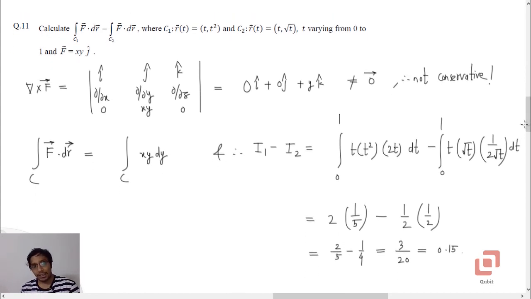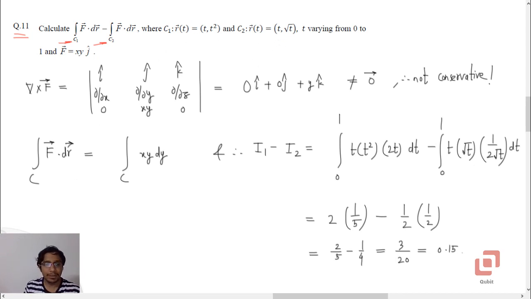Again, based on vector integral calculus, we have already had one of them, based on the divergence theorem. Question 11 is based on line integrals, but we cannot apply Green's theorem here, because we don't have any closed curve. Calculate the line integral of f bar dot dr bar along C1 minus the same along C2, where C1 is a curve defined parametrically as t comma t squared,